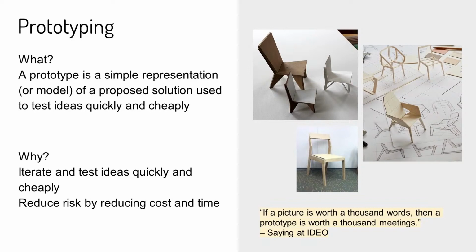Why do we prototype? I think this is an important question to always ask. Why do we not just build the final product? The goal is really about iterating and testing ideas as quickly and as cheaply as possible, so that when we do get to the final iteration or form of something, we've exhausted all our failures early, hopefully worked out all the kinks, and ultimately what this gets us is reducing risk on a project. The last thing you want is to get to the final product and then realize you missed something. And so prototyping fast, prototyping often really reduces risk by reducing cost and time. So let's jump into the next slide and